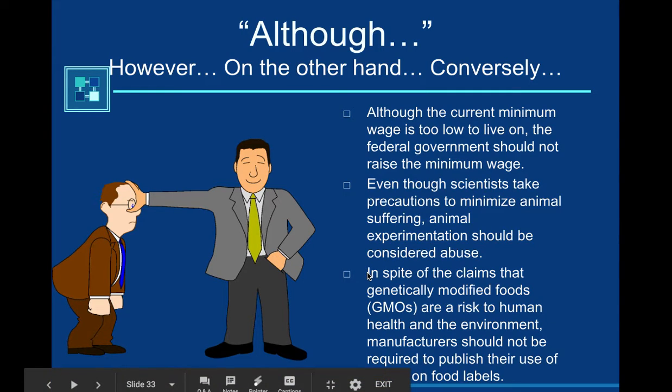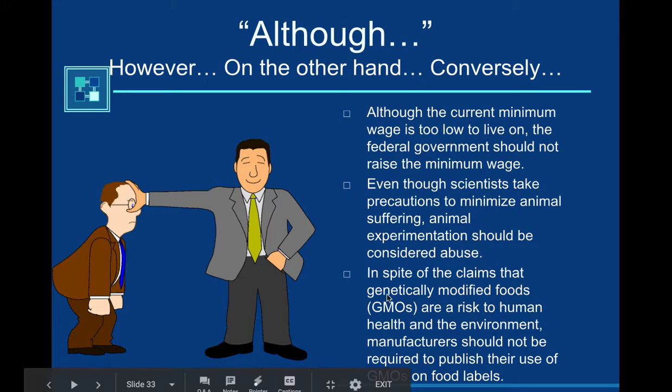The counterclaim, the other side that says that manufacturers should be required. In spite of the claims that genetically modified foods are a risk to human health and the environment, manufacturers should not be required to publish their use of GMOs on food labels. Just another note here, if you'll notice, this was the word genetically modified foods, but this is the common acronym